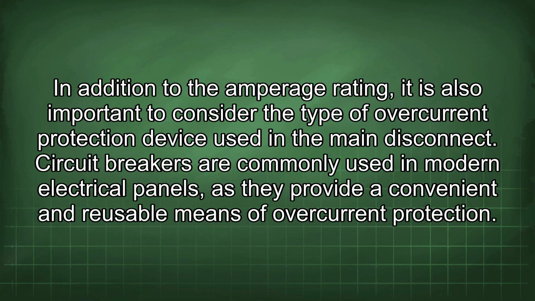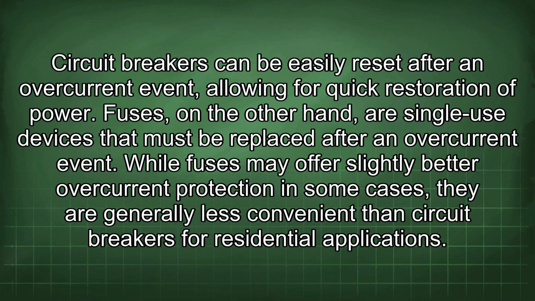In addition to the amperage rating, it is also important to consider the type of overcurrent protection device used in the main disconnect. Circuit breakers are commonly used in modern electrical panels, as they provide a convenient and reusable means of overcurrent protection. Circuit breakers can be easily reset after an overcurrent event, allowing for quick restoration of power. Fuses, on the other hand, are single-use devices that must be replaced after an overcurrent event. While fuses may offer slightly better overcurrent protection in some cases, they are generally less convenient than circuit breakers for